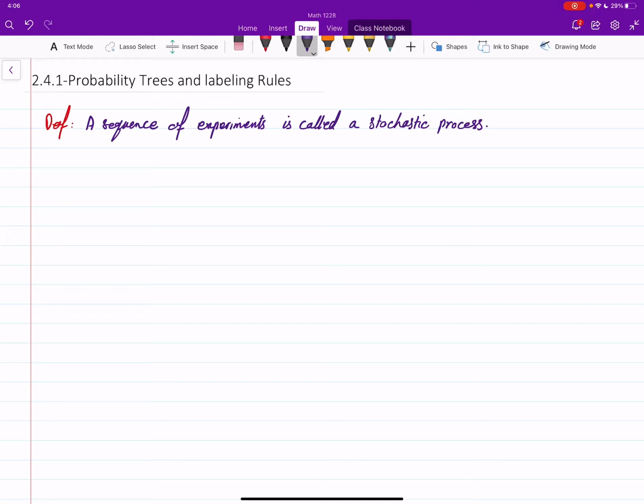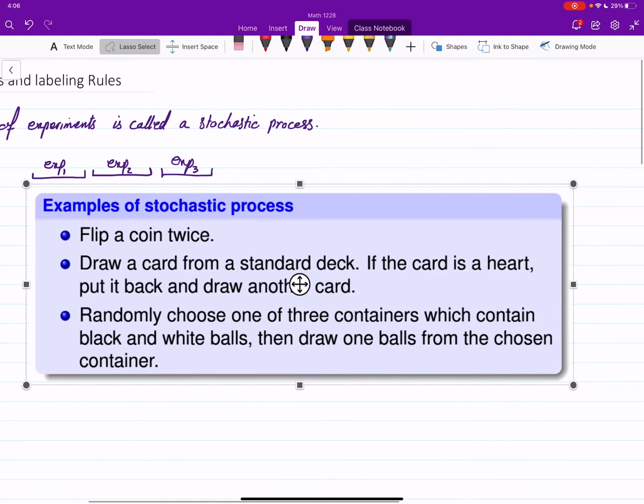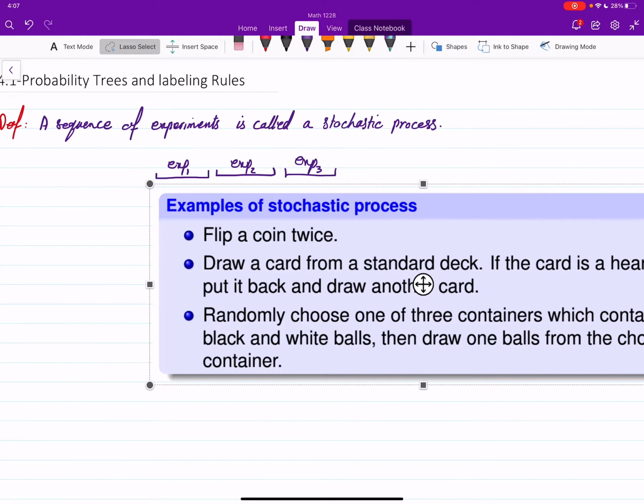When you're studying a stochastic process, you either should set up an order yourself, or it will be given in the sequence or in the stochastic process itself that you will have an order. So the first experiment, then there will be a second experiment, then a third experiment. So there is a standard or natural order for these. Okay, so the examples that we study for our cases are something like,